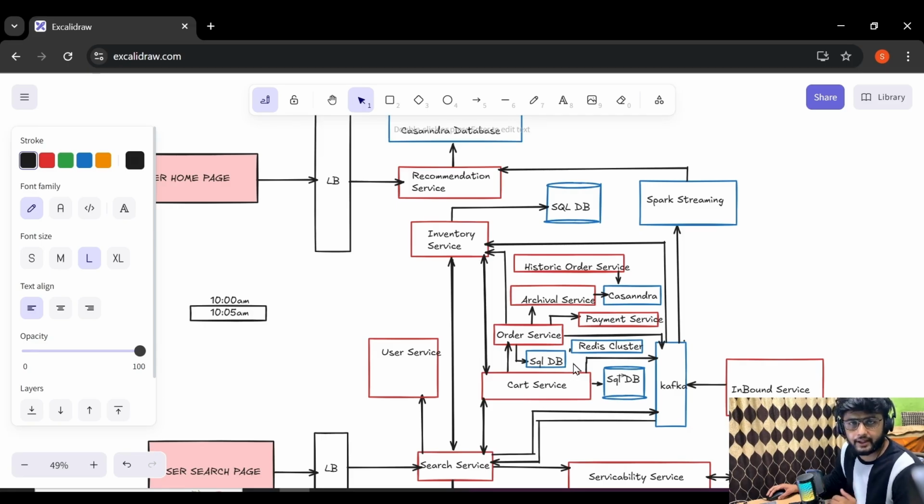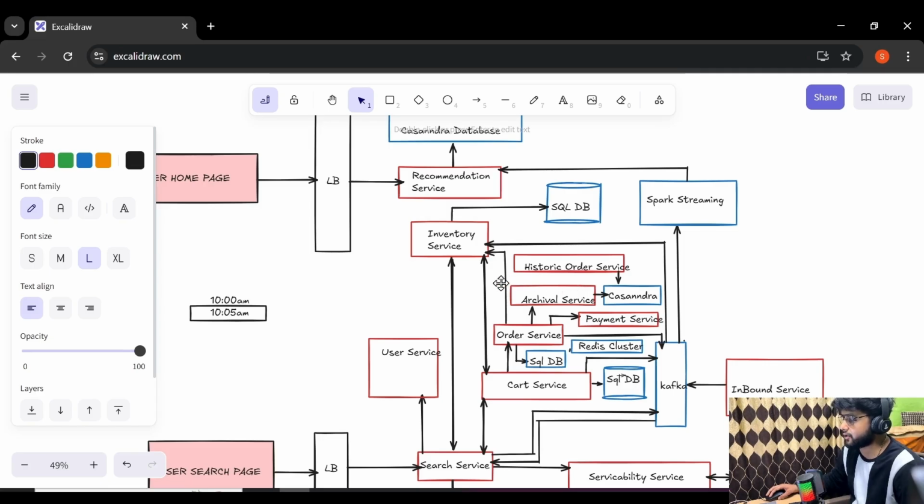Let's say the order is placed, created, cancelled, or completed. Once the order is completed, we will simply store this data into Cassandra, because this order has been completed and is no longer under consideration. So we will simply grab this data from the SQL database and send it to Cassandra. So how are we going to do this?